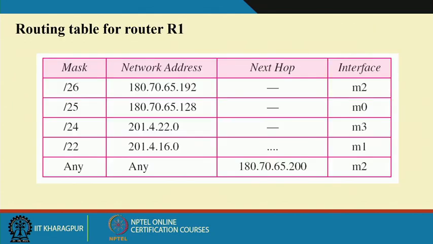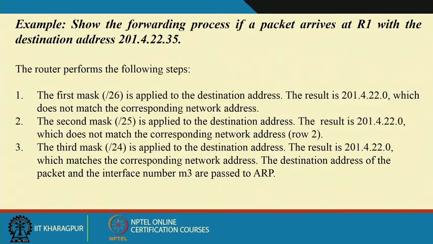order. As we know, we want the longest prefix match. So, /26 first, then /25, /24, /22, and if nothing matches, go to the default. So, say another example of the forwarding process: if the packet arrives at R1 with 2.1.4.22.35, again we start with the /26 and come up with a result,